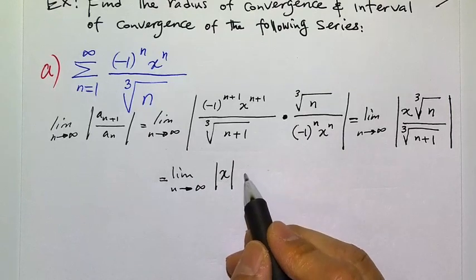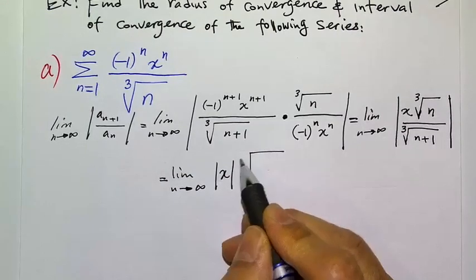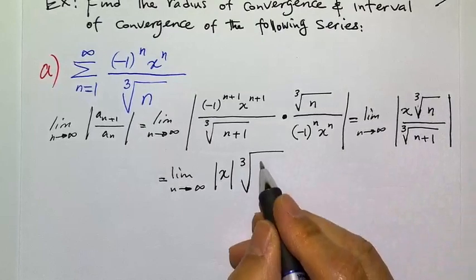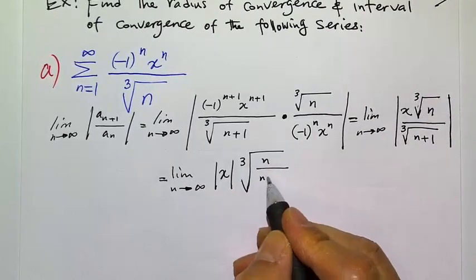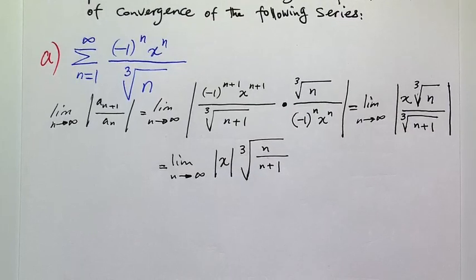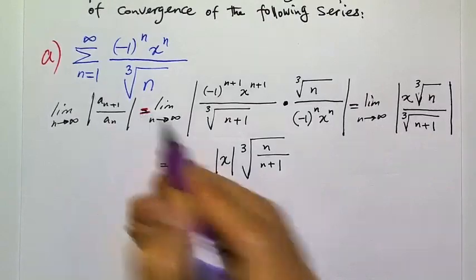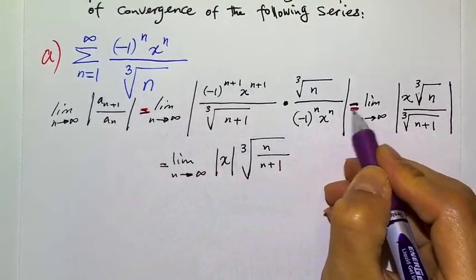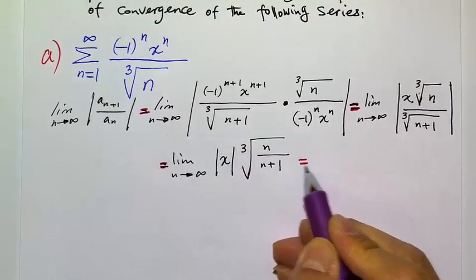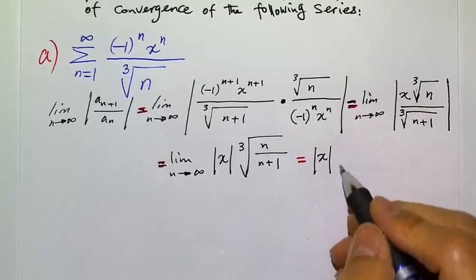And then apply that to the third root of, I will combine these because they're both third roots, so n over n plus 1. Okay. Then, maybe I should have put the equalities in red to distinguish different pieces of this. And then equals again. This time I'm going to put the absolute value of x in front, and then we're going to